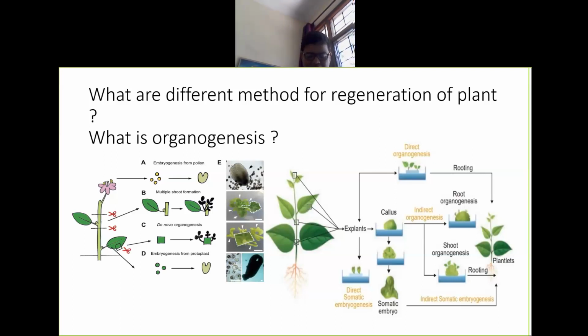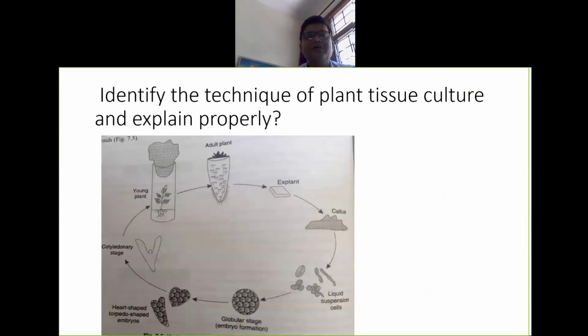If you are facing any problem or observing any difficulty, then you can ask questions. So just see, this is the stage of somatic embryogenesis. What is somatic embryogenesis? We are going to form the whole plant from the explant. Explant means it can be a leaf, apical leaf part, or apical stem part, or apical root part, but we are going to regenerate